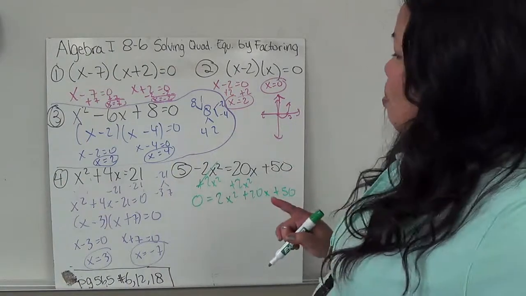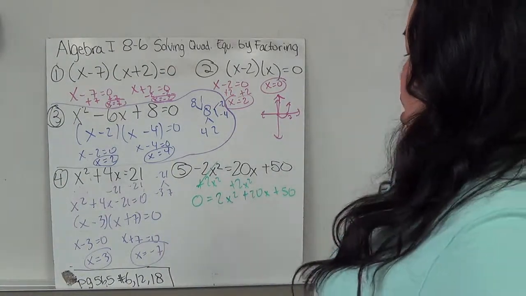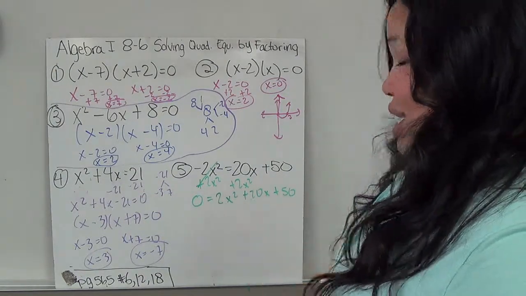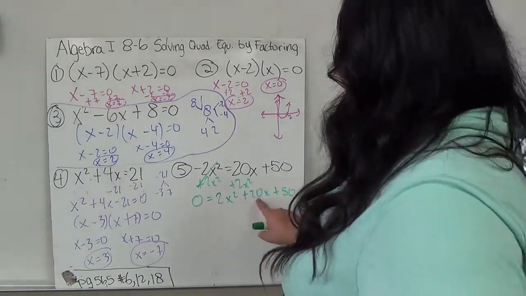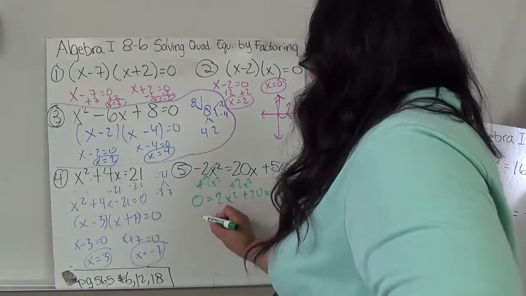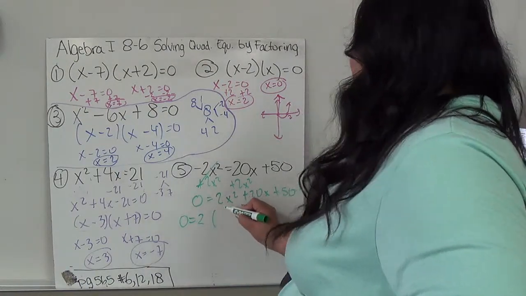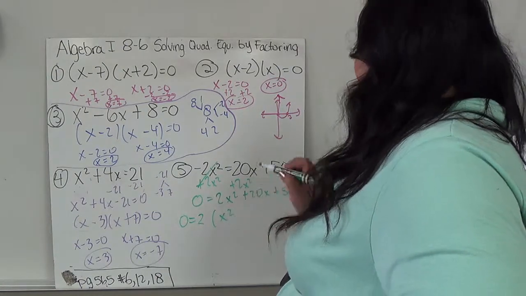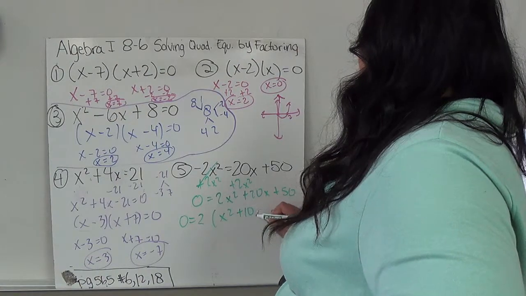Now before I do my bubbles, which you remember from the previous test, you have to take out what they have in common, because if there's a number in front of here, try to see if you can take out anything in common from all three of them. Well, since all of these are divisible by 2, I can take out a 2 from each one. So this still equals 0. If I take out a 2 from here, I end up with x squared. If I take out, not subtract, but take out, which means I divide, this gives me a 10x,